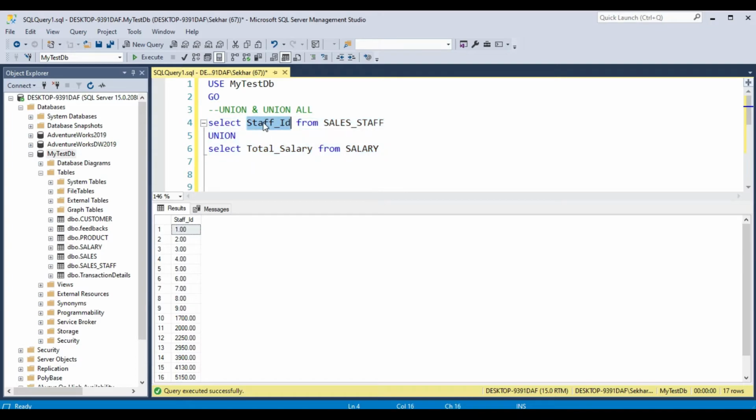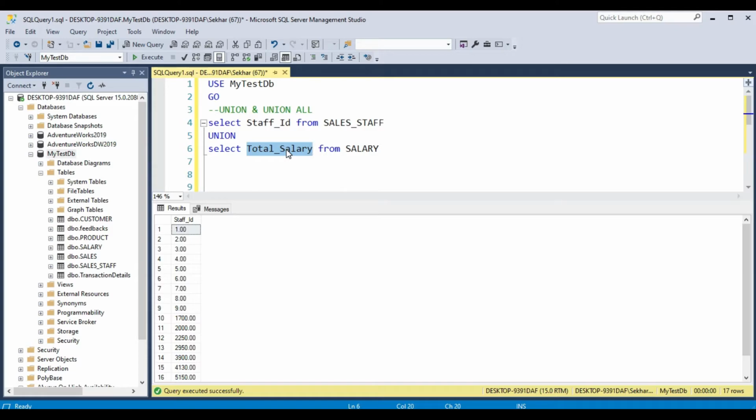Here it is staff ID, and you have given it the total salary column. These are actually two different things, but SQL doesn't give you any error because both the columns are of the same data type, so the query will execute successfully. But it is not a good idea to combine staff ID data with total salary. So you have to be a bit careful here.